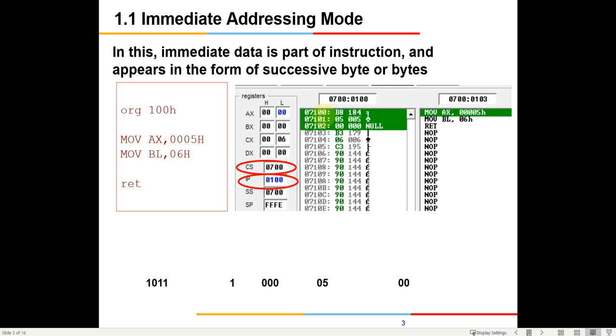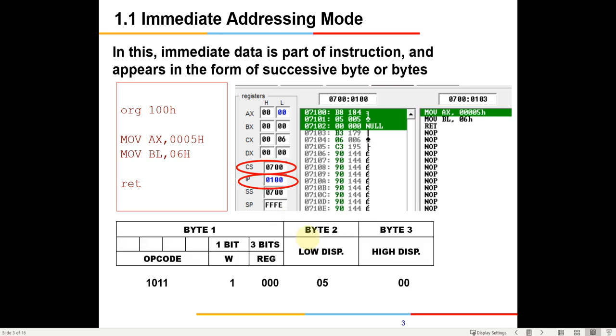So now the physical address calculated from these two will be 07100, which will be available here. You also need to verify that move AX, 005. We have learned how to write machine language code, right? So the move immediate opcode will be 1011, because this is a word, so I put a 1 here. 000 corresponds to the register AX, referring to that chart which I shared with you all. So this is going to be the data. So this is 8, and this is 9, and this is 8.